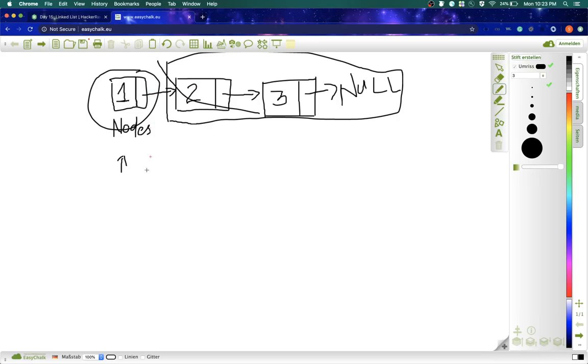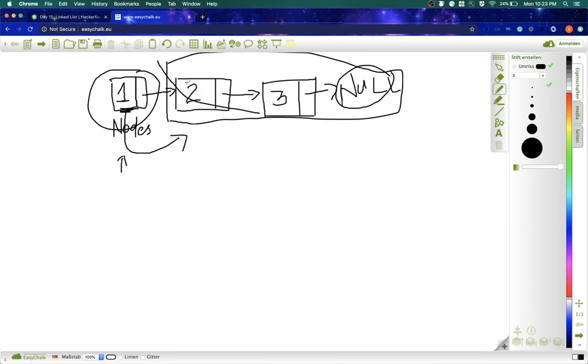So what we will do is iterate through the list, and wherever there is null, we will add a new node. Make sense? Okay. So we will traverse, and we will see whether head dot next is null or not.